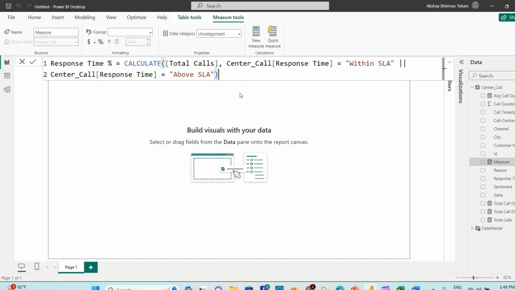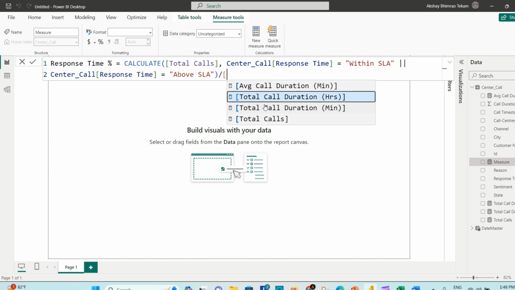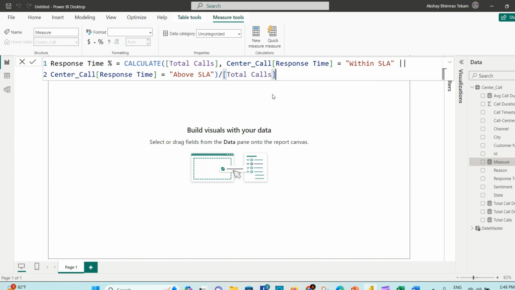We can just divide it by total calls. It will give us the percent value. No, not the percent value. We have to convert that value to the percent. Alright. So we just